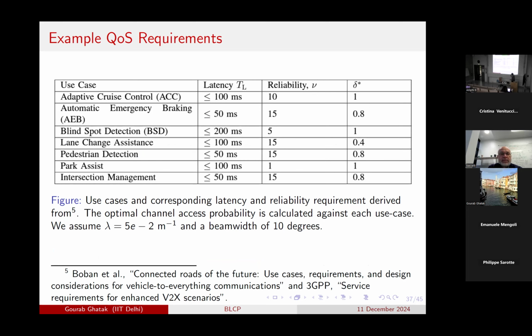So we have adaptive cruise control, which has a latency requirement of 100 milliseconds, and go as low as lane change assistance, which I assume that would be even lower, but it seems that it's not very low. Park assist, very high requirement. Blind spot detection, very high requirement. The reliability is kind of back calculated in terms of